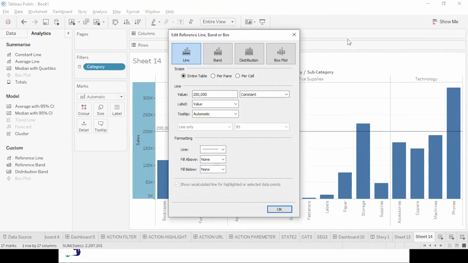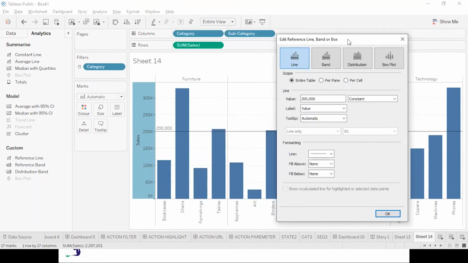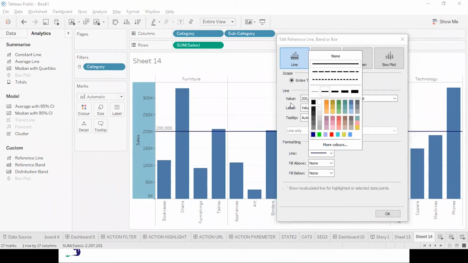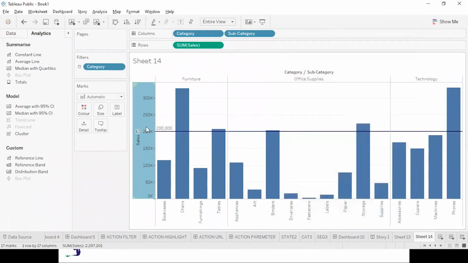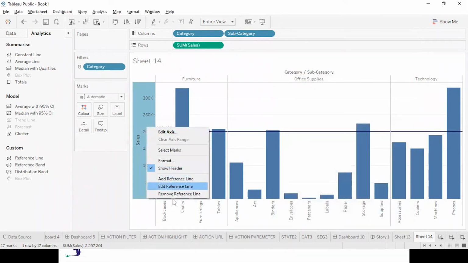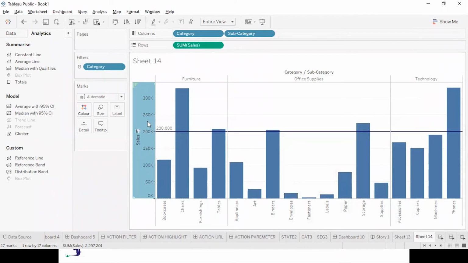So this is the same reference line, a shortcut of it. Whatever formatting you want to do, change the color, put some different label, anything you want, you can give it over here. So this is a constant line. I will right click over here and remove the reference line.